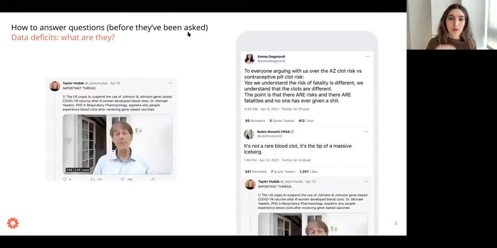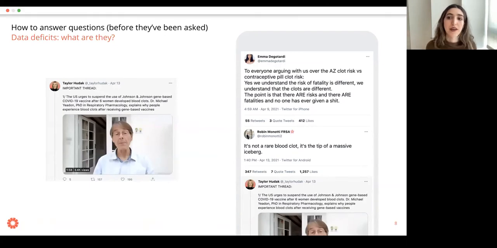If you were familiar with the AstraZeneca rollout in Europe and some other locations around the world, there was a similar concern over blood clotting as a possible side effect with that vaccine as well. And if you look on Twitter and Facebook and social media, there are tons of people who are very concerned about blood clotting as a possible side effect. And there's no end to the speculation and rumors about it. So if you look to the right of the screen, we have some examples of people talking about AstraZeneca.